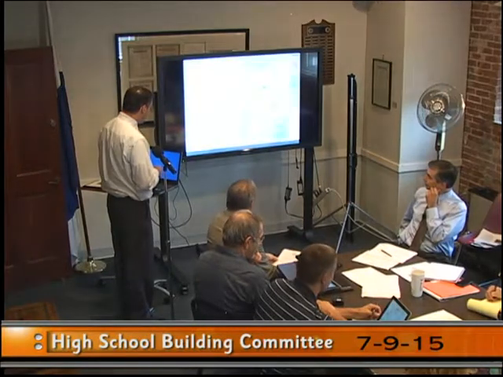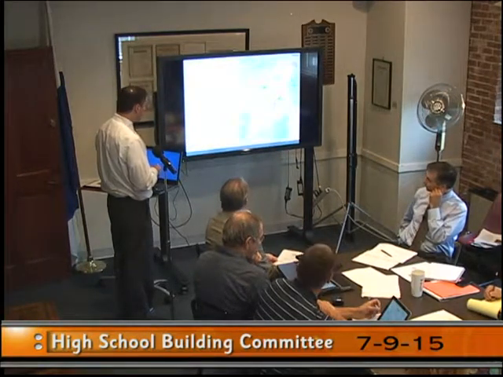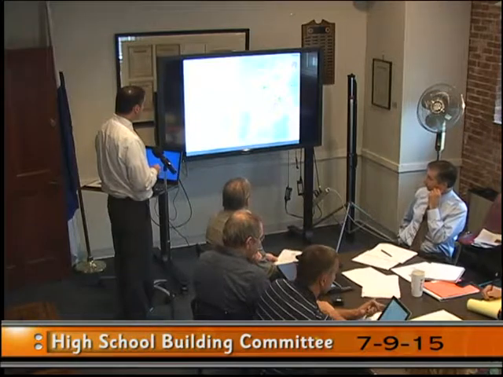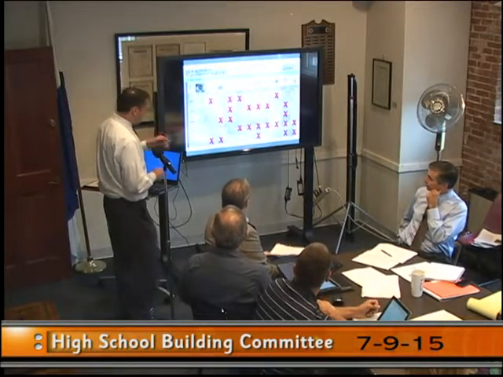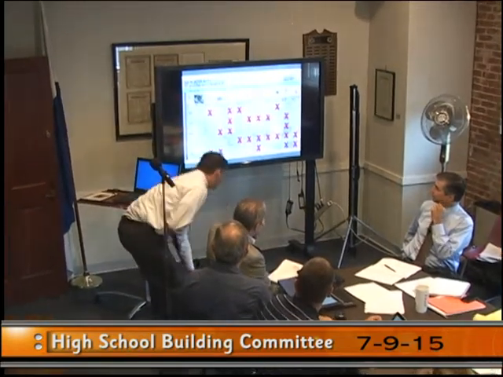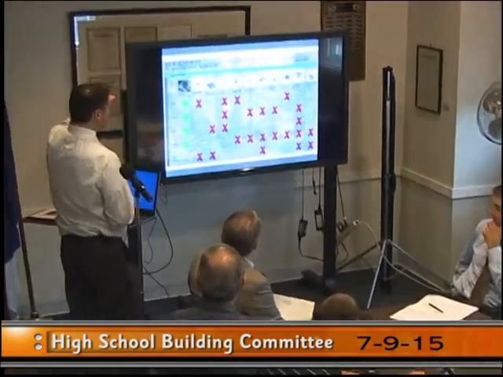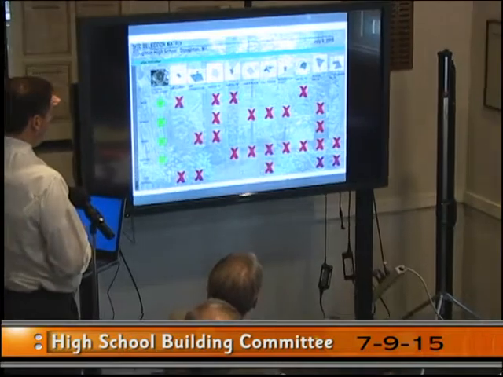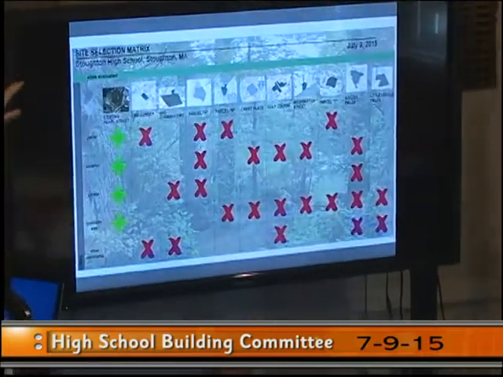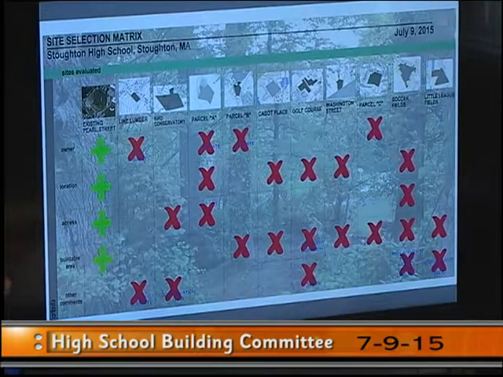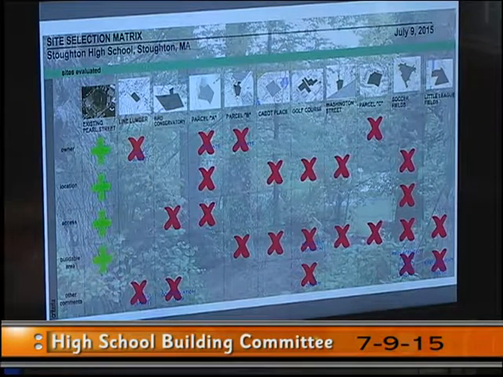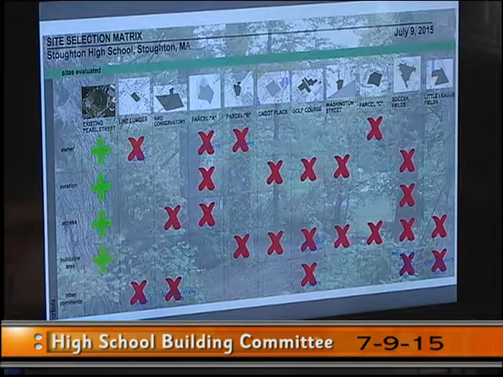So we've seen this graphic before, just identifying the different sites around town that we would consider. And we're starting to develop this site selection matrix, which I think everybody agrees it's almost as obvious as this. We could get into more detail with a numerical rating system with more criteria, but what we did is we